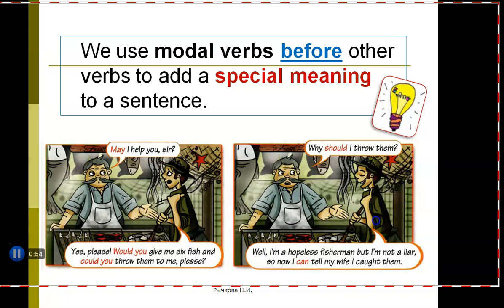Yes, please. Would you give me 6 fish and could you throw them to me, please? Well, I'm a hopeless fisherman, but I'm not a liar, so no, I can't tell my wife I caught them. Should, may, would, could, can, all of them